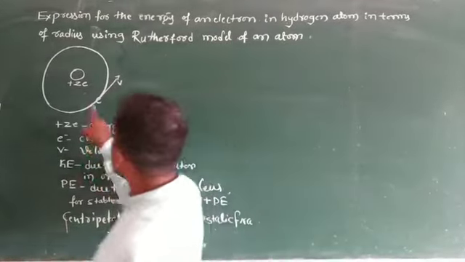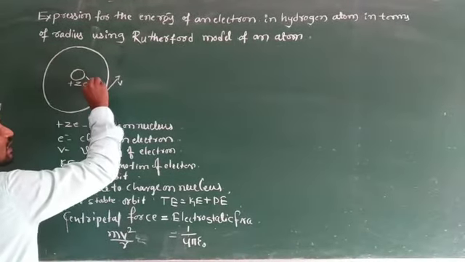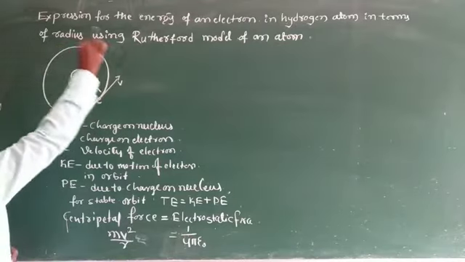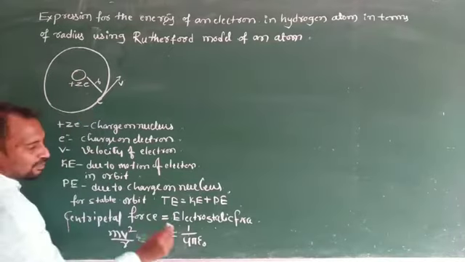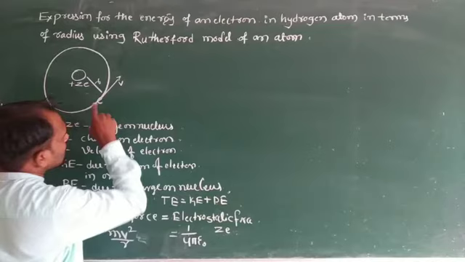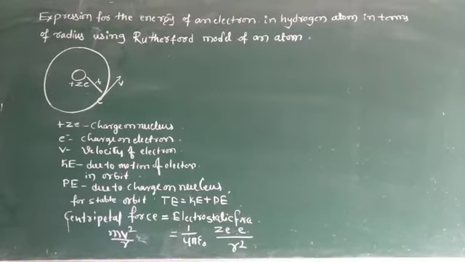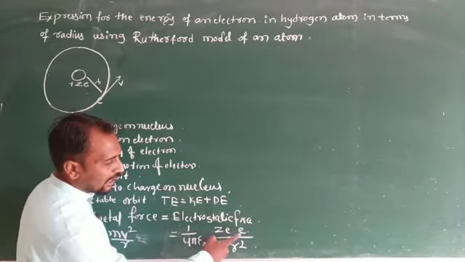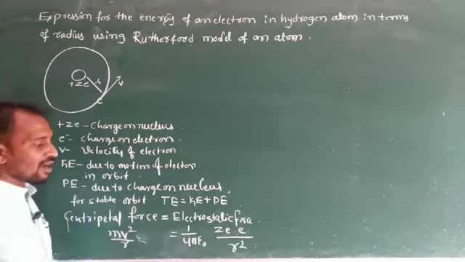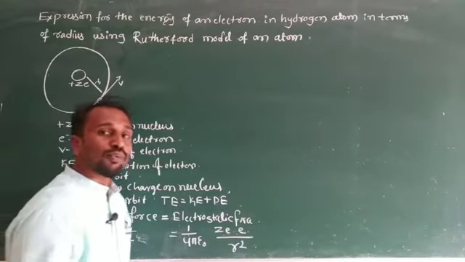So here also, this one is a charged particle and the nucleus also has a particular charge, and in between, the distance we consider is the radius of the orbit. For this reason, the first charge we consider as plus Ze, and the second charged particle we consider as the electron e, divided by r square. So mv square divided by r is equal to 1 by 4 pi epsilon naught Ze into e divided by r square. So Ze into e means Ze square divided by r square. Here we consider the magnitude of the product of two point charges.